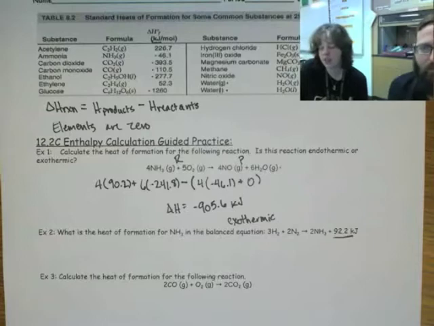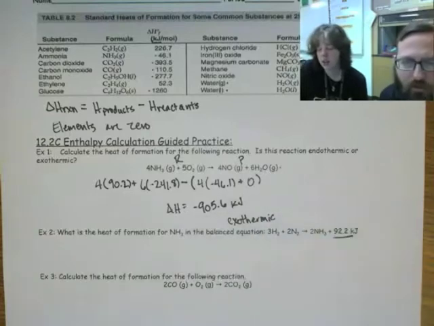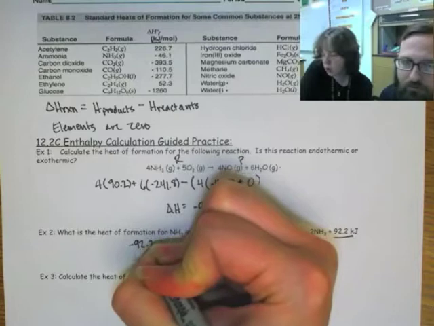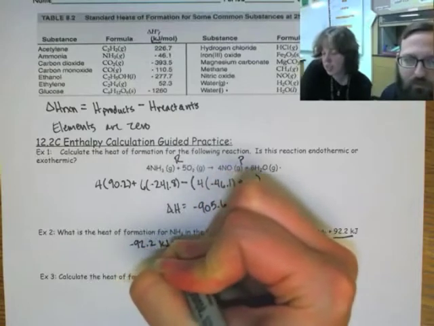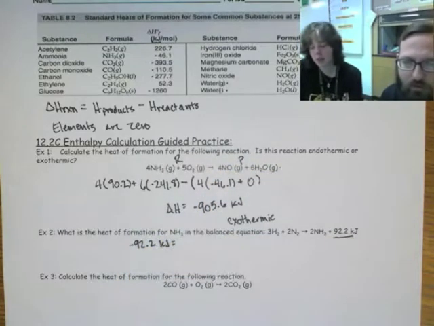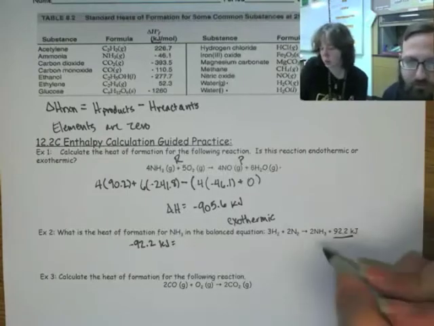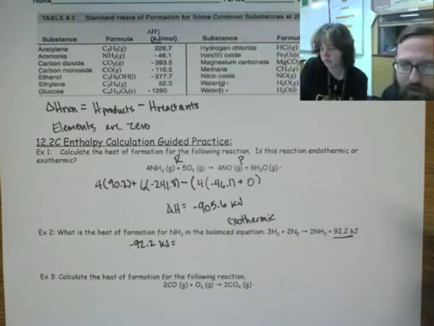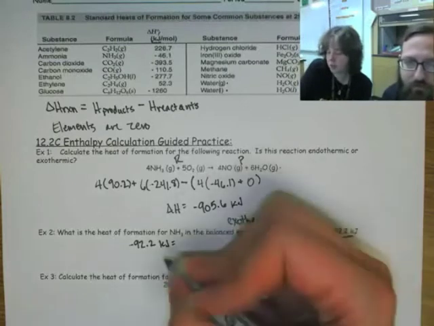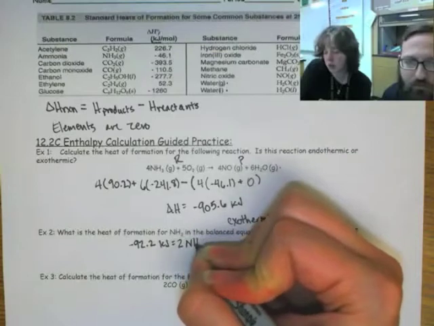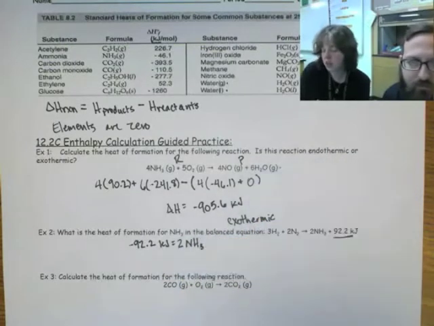And what did we just say needed to be our sign on H if we were giving off energy? Negative. So we're going to have negative 92.2 kilojoules equal to our products minus our reactants, just like we just did. So if we look at our reaction, what's our only other product? 2 NH3. So we're going to have 2, but in this case, we're looking for NH3. We're assuming that we don't know it. So it equals 2 NH3s